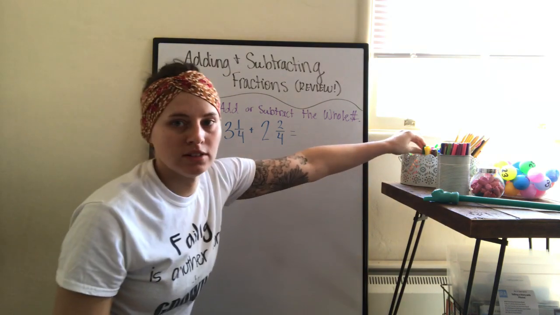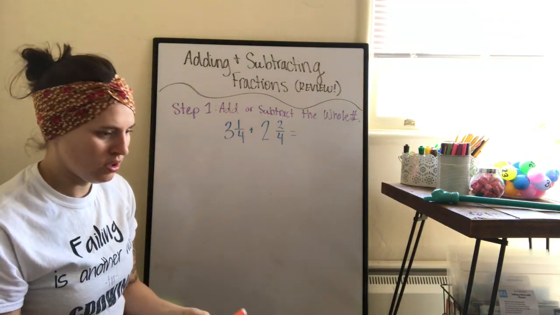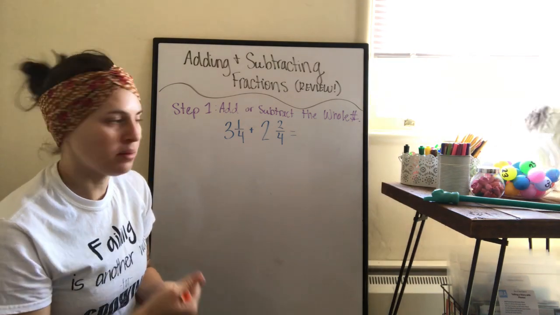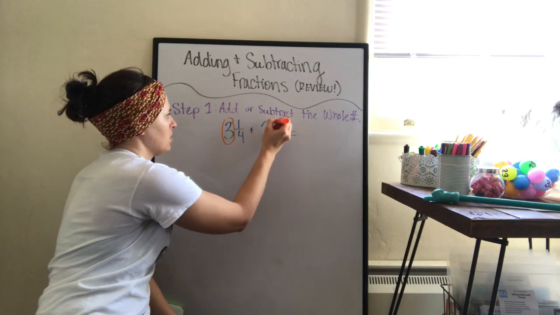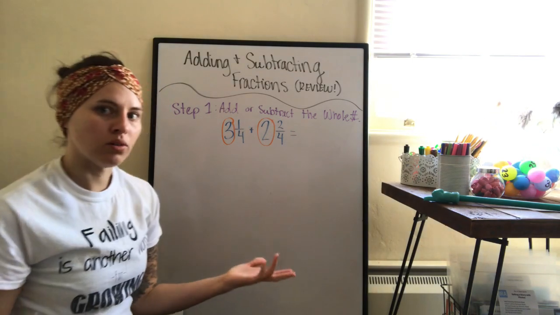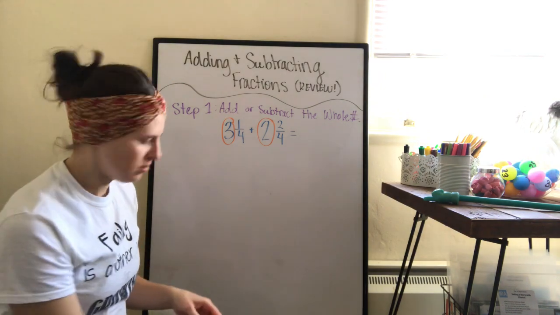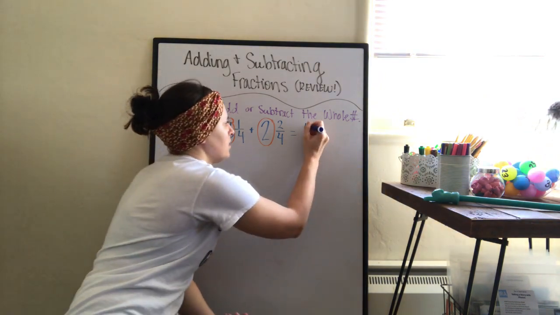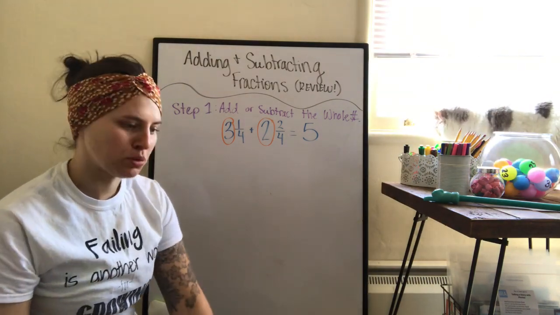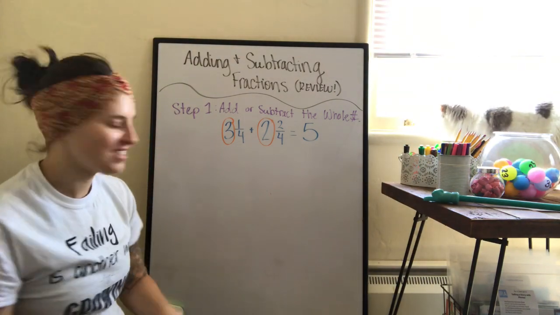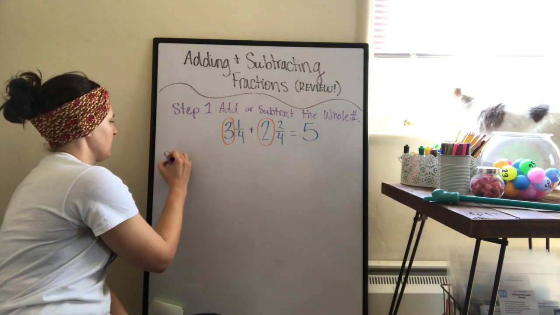Okay, the first thing we're going to do is add the whole number. What are the whole numbers in my problem? The 3 and the 2. Those are my whole numbers. And what is 3 plus 2? 5. Hopefully you didn't forget that over spring break, what 3 plus 2 is. Okay, step 2 is going to be,